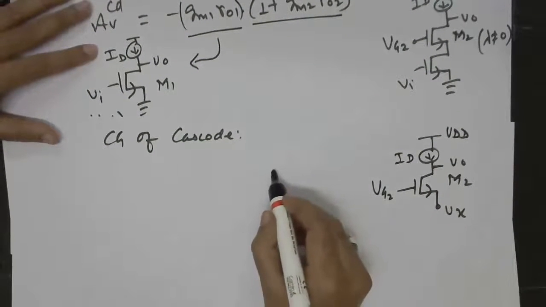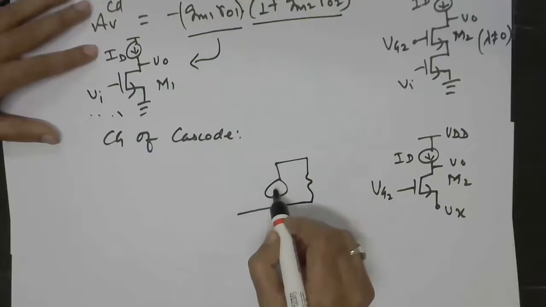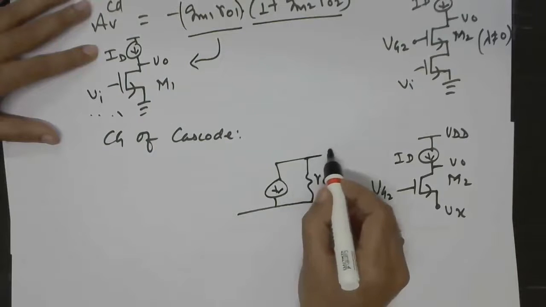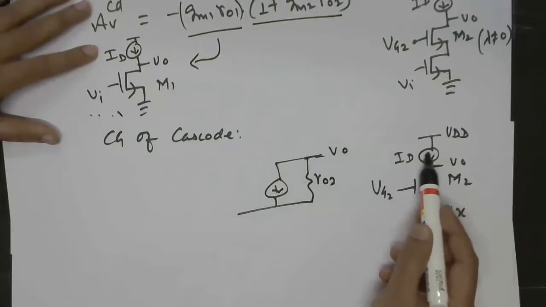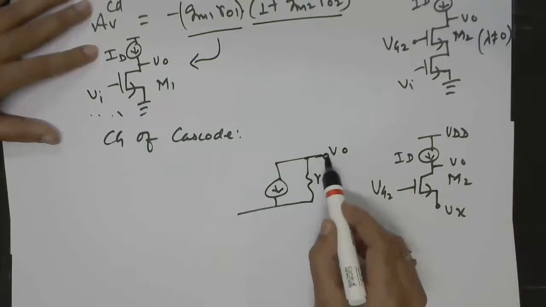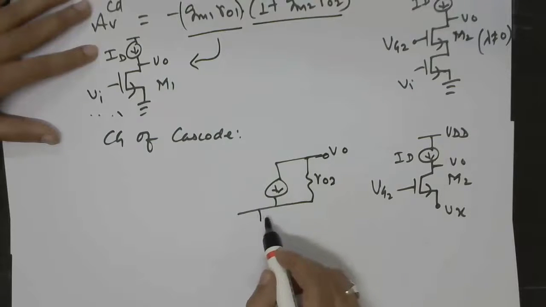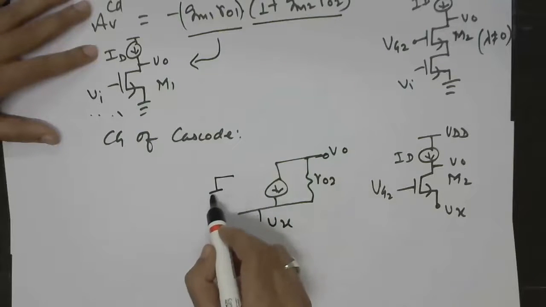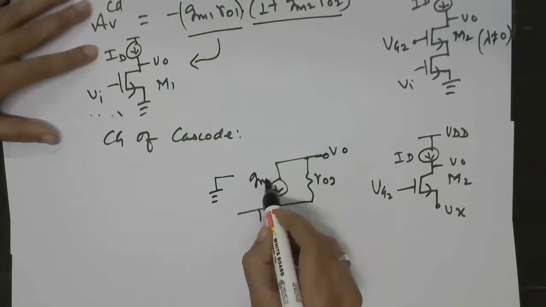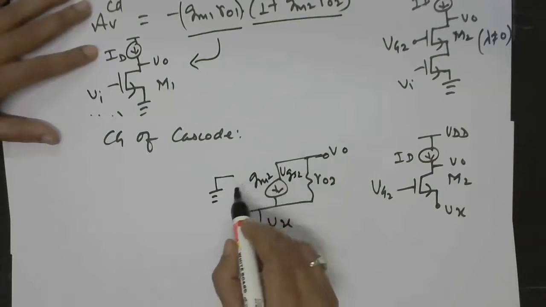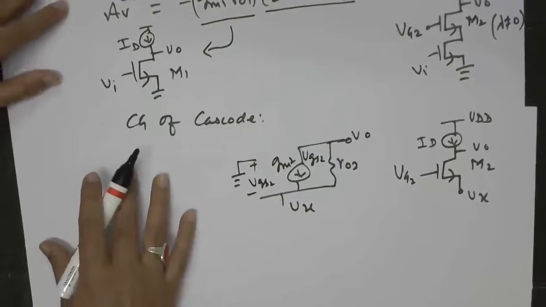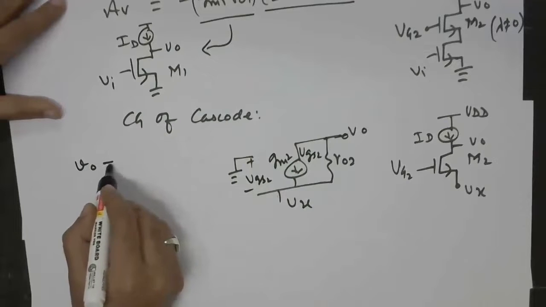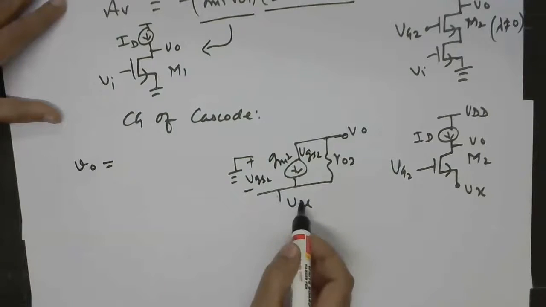So if you want to find Vo by Vx, we can see this. Now this is open circuit, so there is no resistor between the output node and the ground. And here we have Vx and the gate is grounded. And this is GM2 VGS2, and this is VGS2. So now here you can see that VO, or rather this